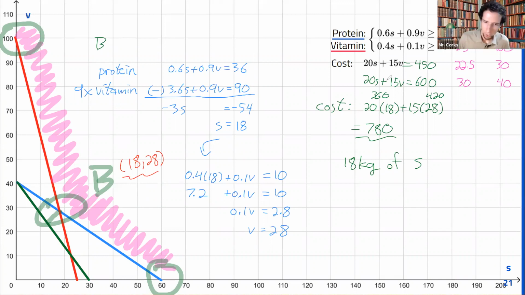Okay, so 18 kilograms of thing S, whatever that is, I forgot the name already, and 28 kilograms of thing V, whatever that was called. So there's how much we should be buying or how much we should be using of each to get these nutrients at the minimum possible cost, and that actual cost is